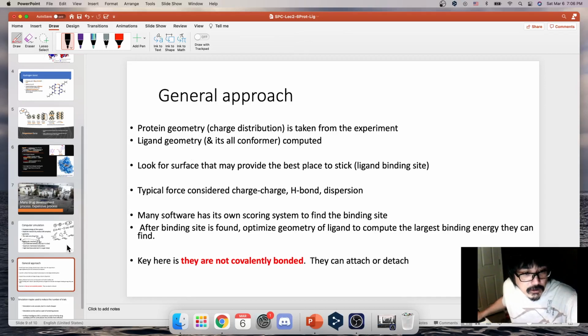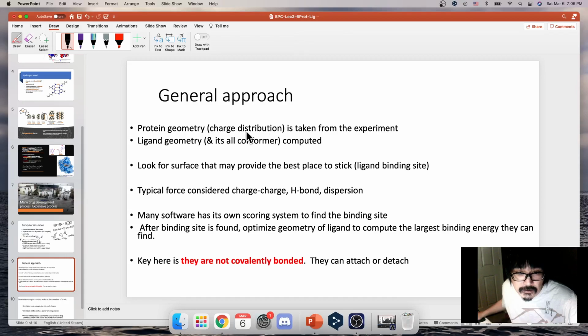When you actually try to calculate the protein ligand binding, the general approach is that we can't really calculate the protein geometries because the protein is just too huge. Even with molecular mechanics, it's still too huge. So we get this information from the experiment. Maybe X-ray